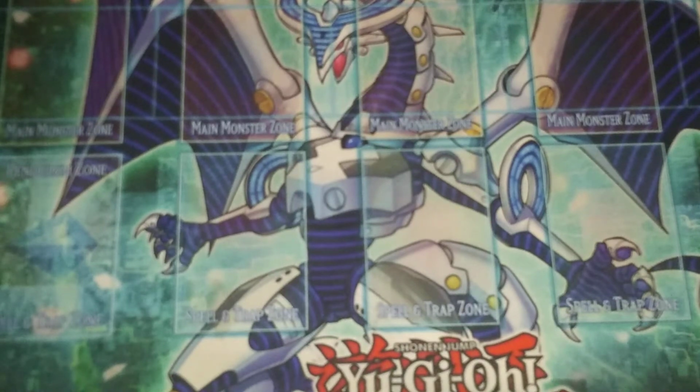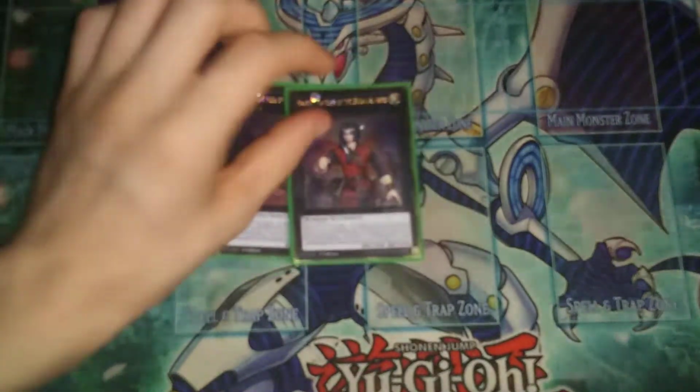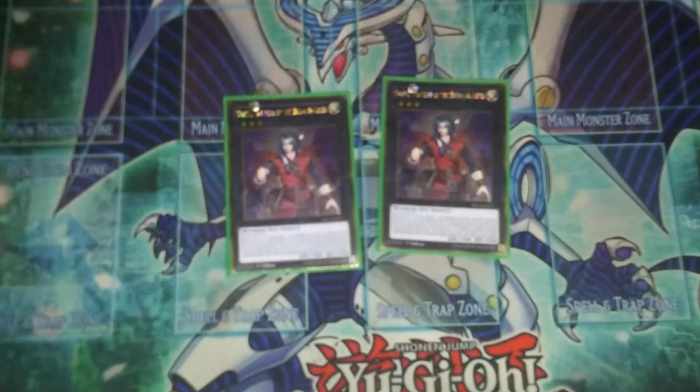That's all of our links. Now time for the Xyz. We're playing double Dante, poster boy of the deck. He requires 2 level 3 monsters, and it says once per turn you can detach 1 material from this card,